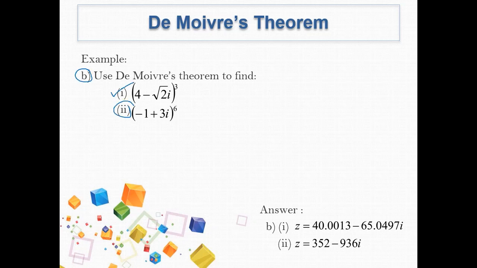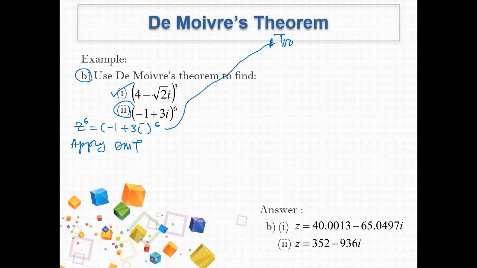Right, so for B2, we write z is equal to z to the power of 6, minus 1 plus 3i to the power of 6. So we apply the De Moivre theorem. But before we apply this, first we need to transform this